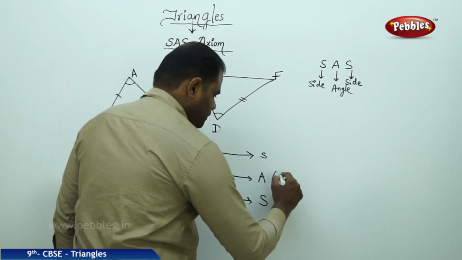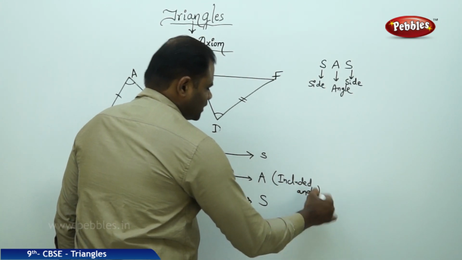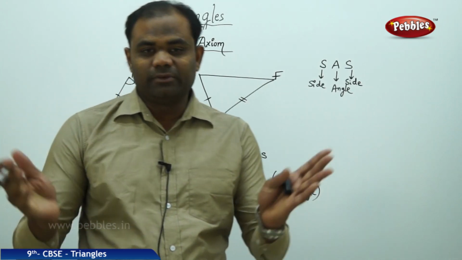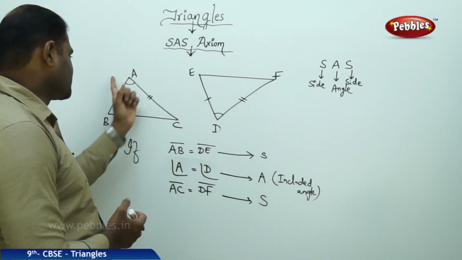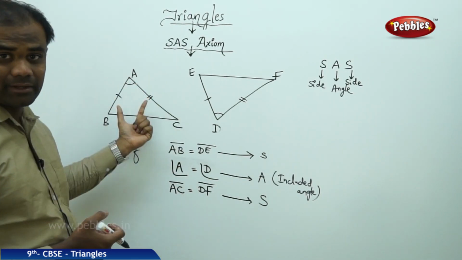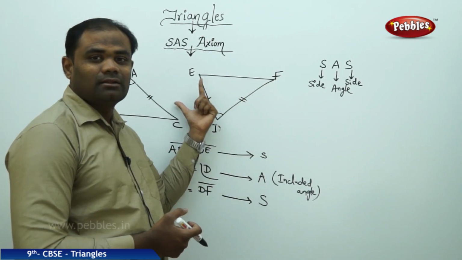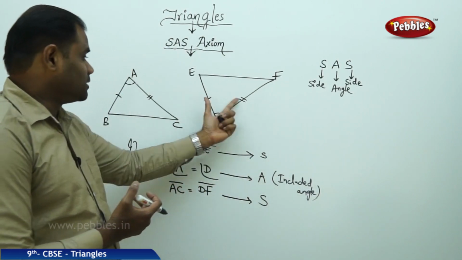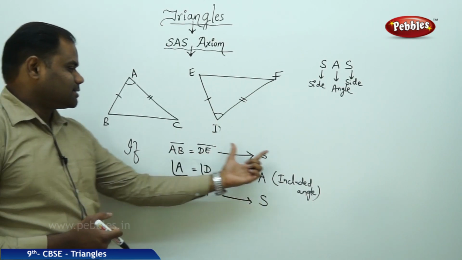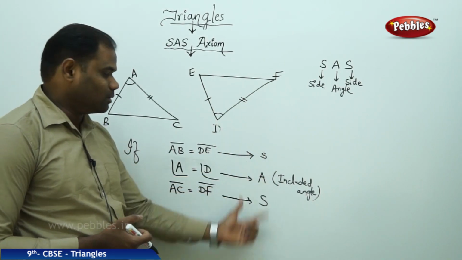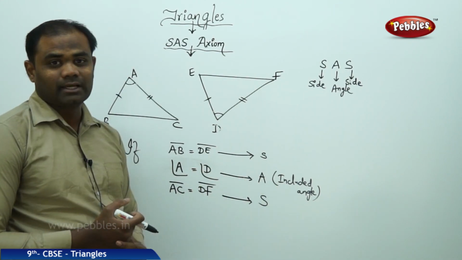To note, this being the included angle, that is the angle which is included between the two sides chosen or considered in the problem. So here are the two sides considered, so this is the included angle in triangle ABC. Here are the two sides chosen, so this is the included angle between the two sides of the triangle DEF. So since the corresponding sides are equal, included angles are equal, and the corresponding sides again are equal,